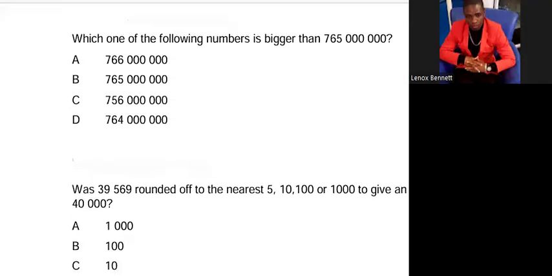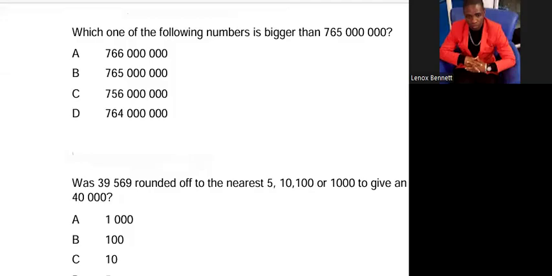All right, this one says, which of the following numbers is bigger than 765 million? 765 million. So that's A, 766. I feel that looks good enough, guys, because sometimes these numbers can be a bit tricky. All right. Next question says,